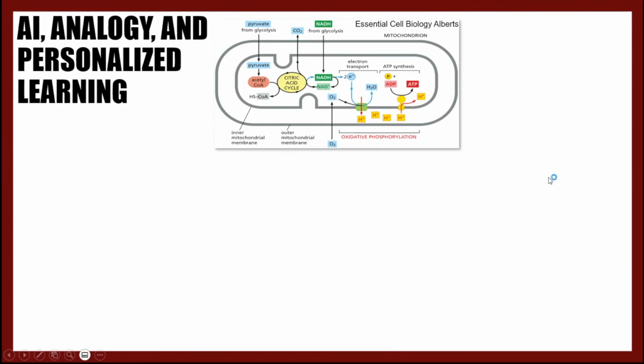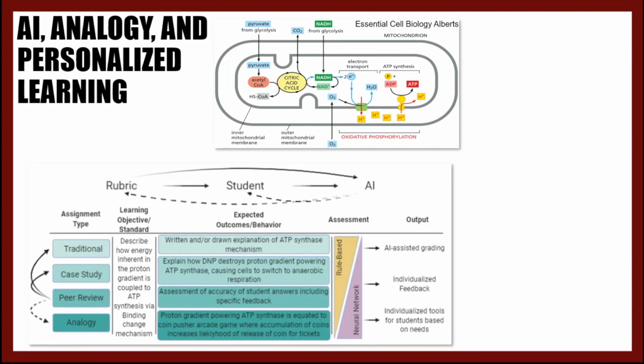So in this grant, we're working to generate a system that addresses personalized learning on a larger scale using AI. And we're doing this by allowing students to self-select into the type of assignment that they feel helps them best learn a concept. So in the grant, we used oxidative phosphorylation to demonstrate the possible applications. And so we present them with a general introduction, like your regular lecture in class, and then ask them to self-select into a certain assignment based on their personal preference.